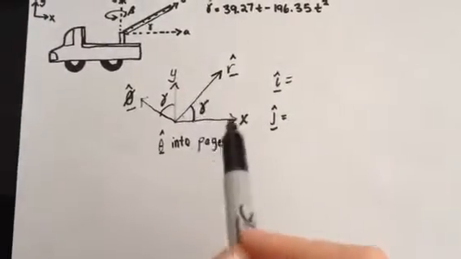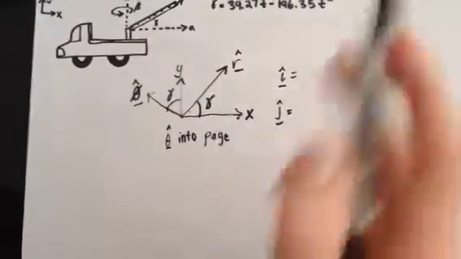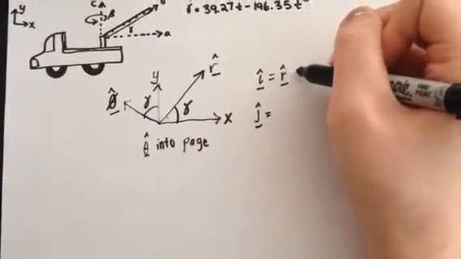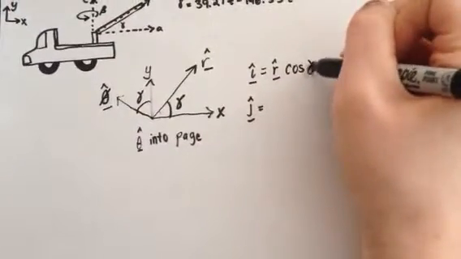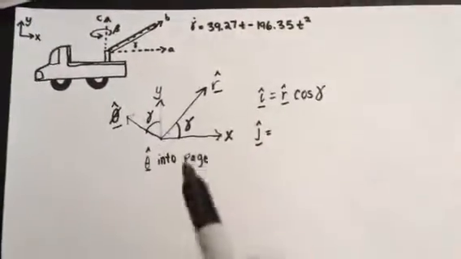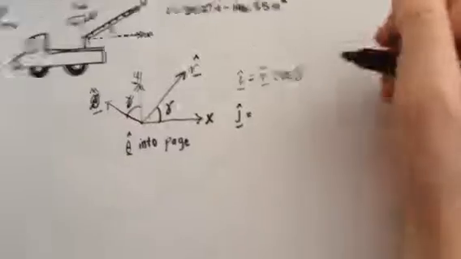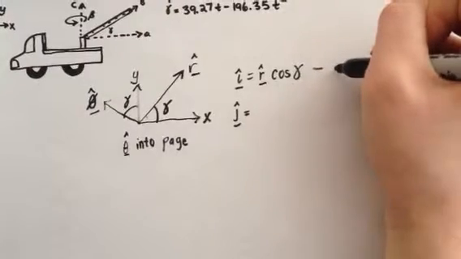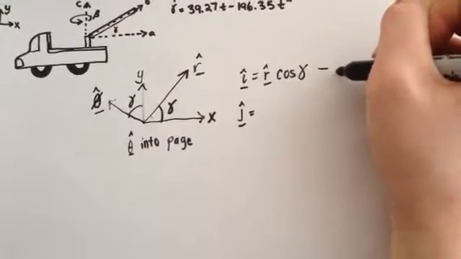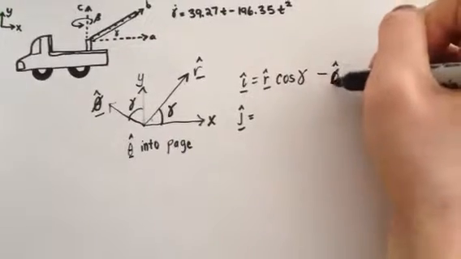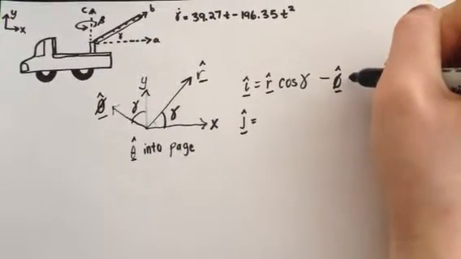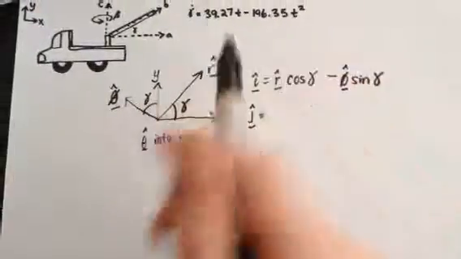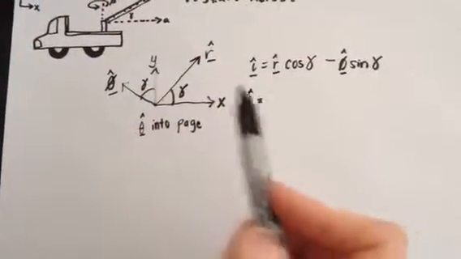In this case, i is r times cosine of gamma, minus phi times sine of gamma. Okay, and then the j, or the y, j is the same as y, i is